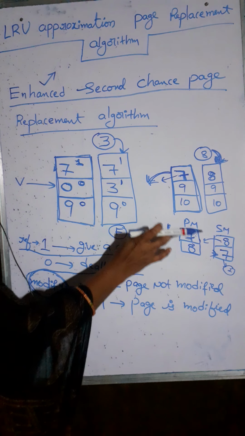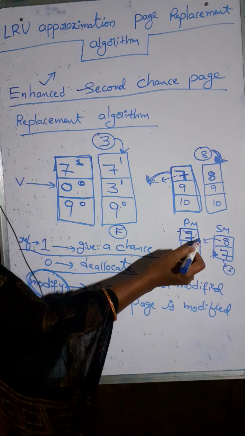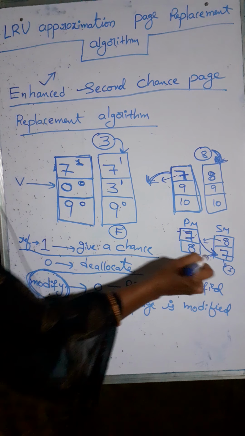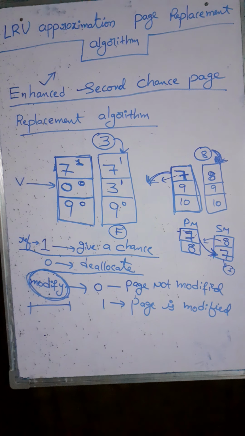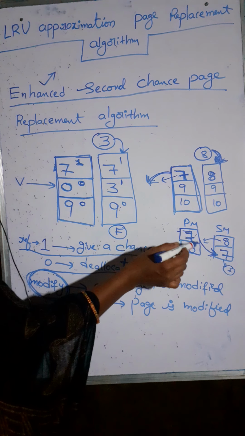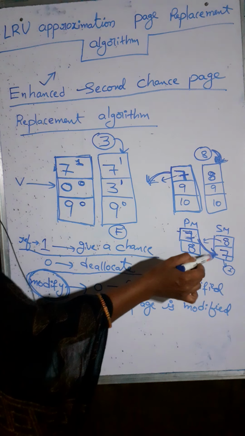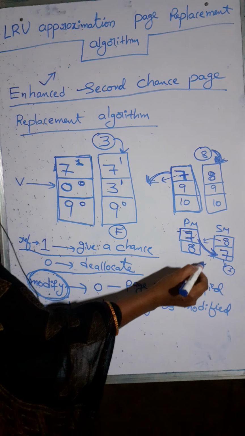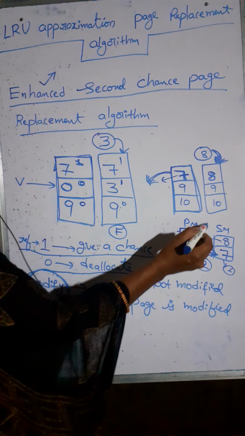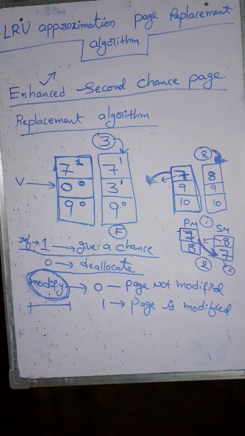So what we should do now, while deallocating the memory space, we should move that page to the secondary memory for permanent storage. We should store the changes which are made by the CPU permanently into the secondary memory. So it requires 2 transfers. In the previous case, it requires only 1 transfer. In that way, if you use the modify bit, then it can reduce the transfer time of the pages. That is the use of the modify bit.